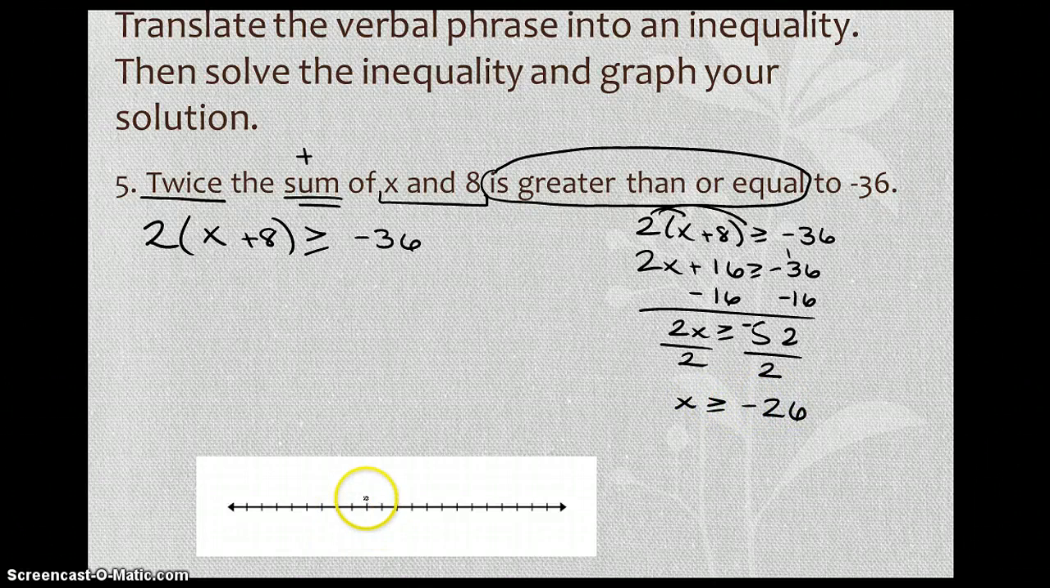So you go to your graph, put a -26, and this will be closed because it's equal to, and then you're going to shade to the right on that one because your arrow is pointing to the right. There you go. Next,